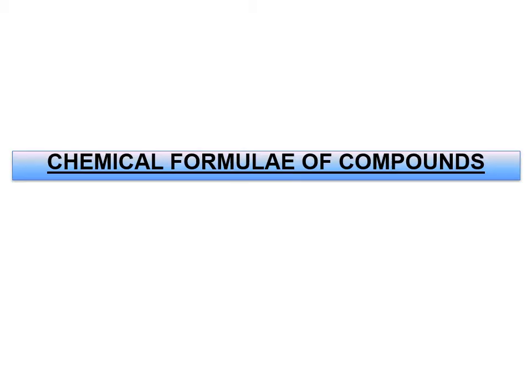So, chemical formula of a compound. We have to remember a few things. While writing the formula of a compound, we must keep two things in mind. First, we must see the elements present in a molecule of a compound. Second, we must see the number of atoms of each element present in the molecule. I hope you have clarity on what is a molecule and what is an atom, because in the last class we discussed each and everything. You have to keep it in mind because it is a continuation. Okay.